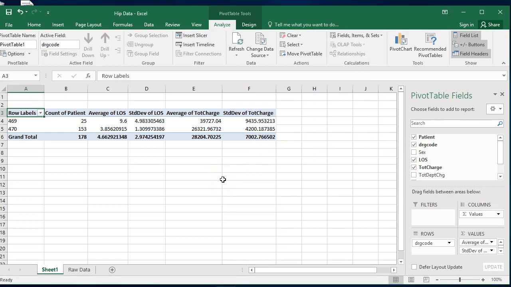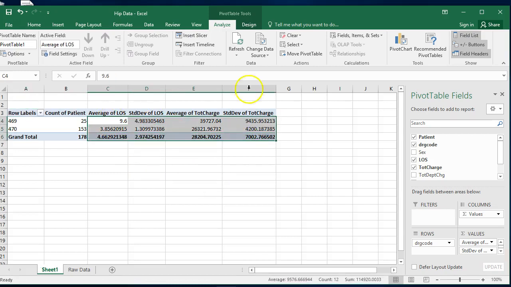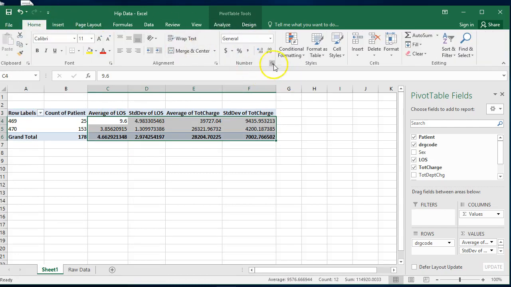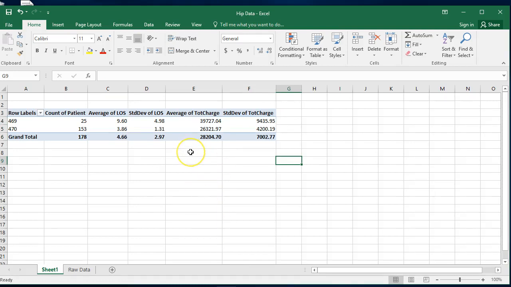Okay, so now we're going to clean up this information just a little bit. For these items right here, we want to go about 2 decimal places out. And now we have all the information we need to plug into our formulas for